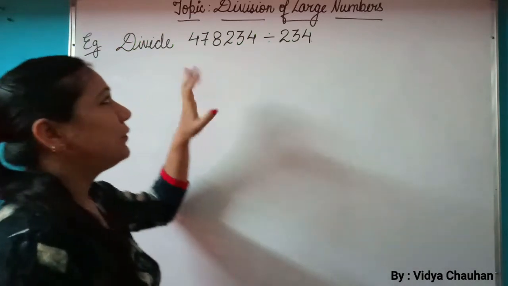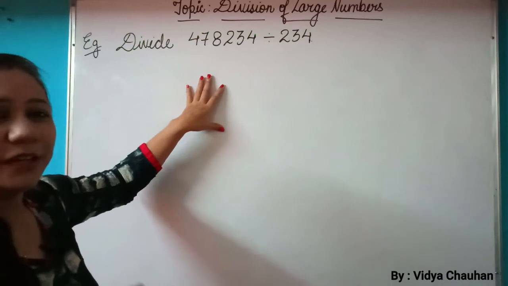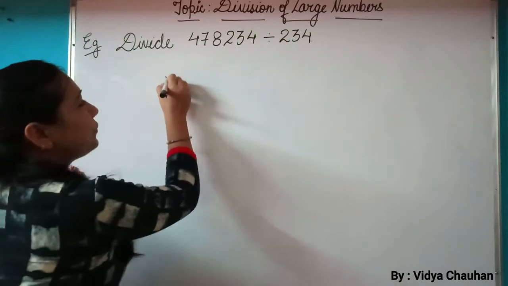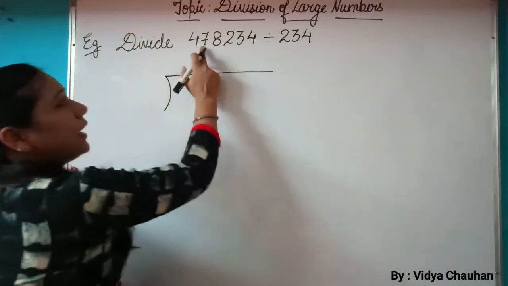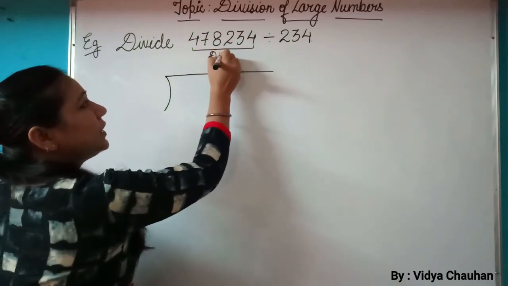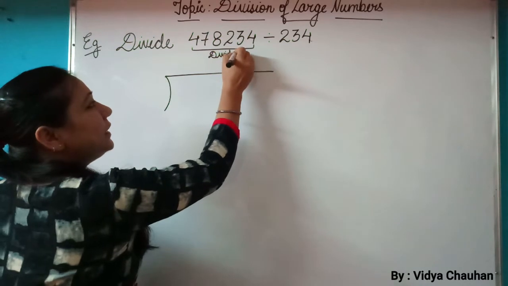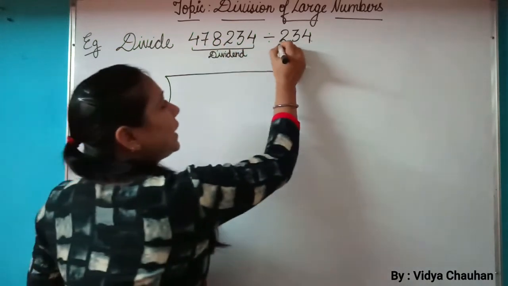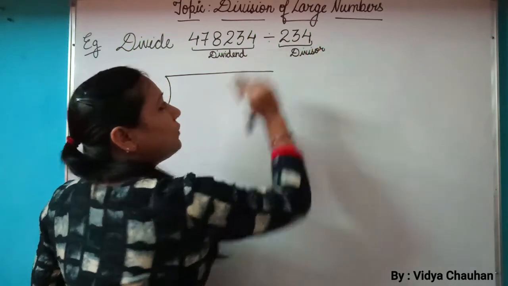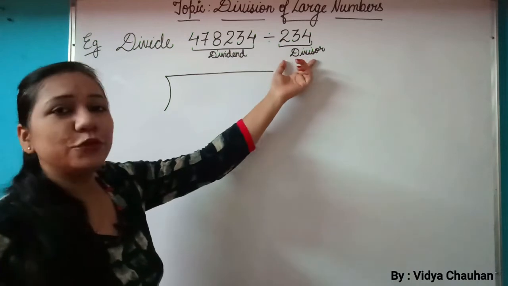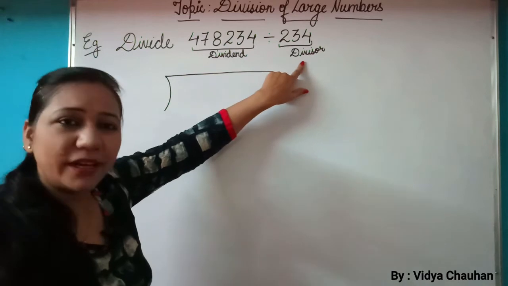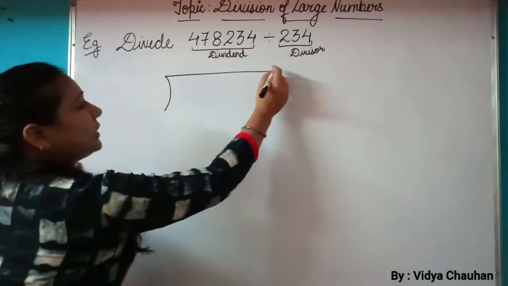We do not have any trick or shortcut for this. So yes, we have to perform our long division method here. So let us perform the long division method. The first numeral which is given to us is actually our dividend. This is called dividend, and the second numeral is our divisor. Always remember, whenever you have to divide any two numerals, the first numeral is always called dividend and the second numeral is the divisor.